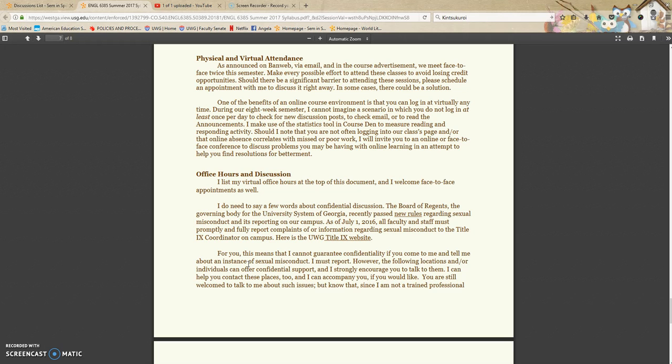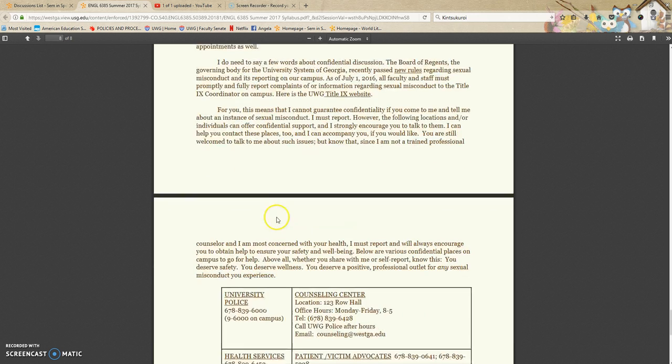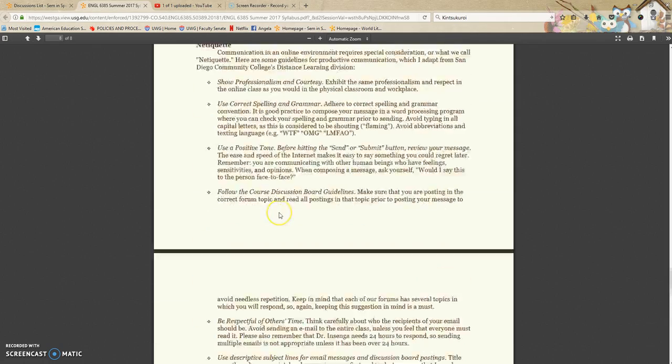I've had to have only a couple of these in the past few years, but in each moment, I was able to work with the student to figure out ways to ameliorate, ways to get better at the performance. I do ask you to read through office hours and discussion. Remember my office hours, I've listed them at the top, my virtual office hours. And of course, I welcome face-to-face appointments as well, also phone and Skype in different ways, especially if you live far away. I'll let you read the rest on the Title IX rules. And that takes us to the end of this document, again, that acts kind of as our policies and procedures,